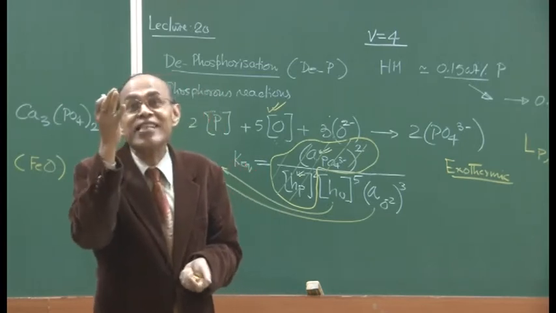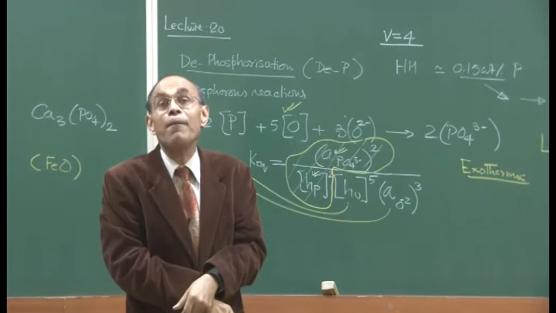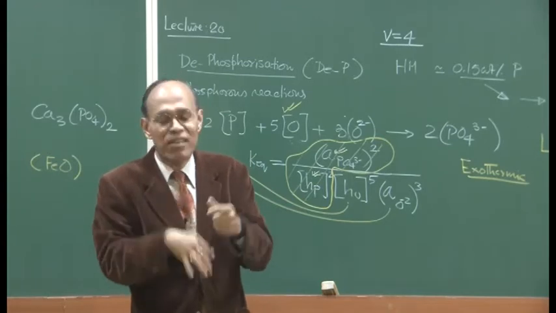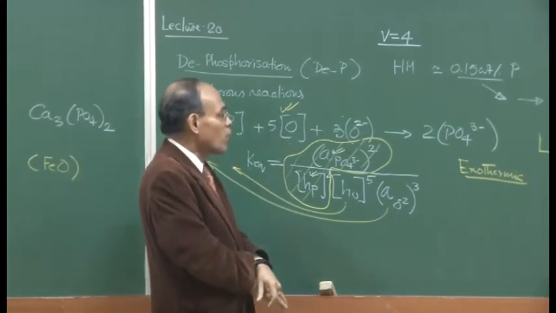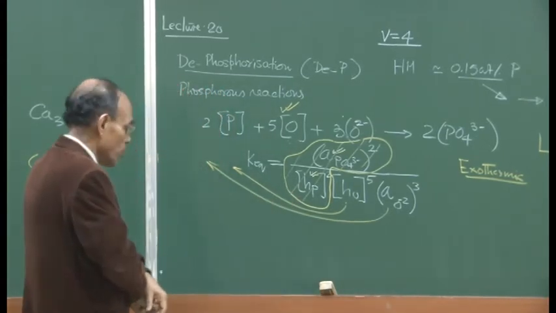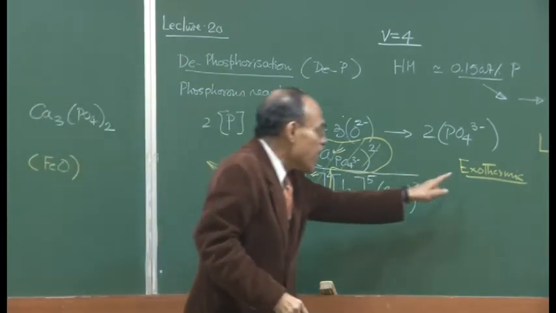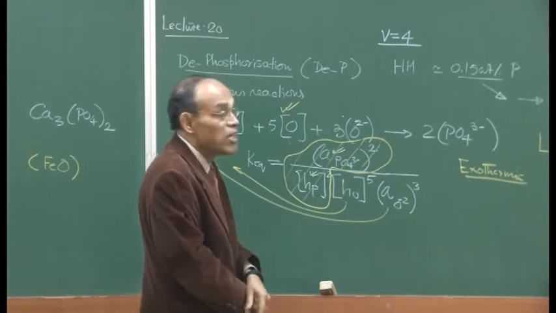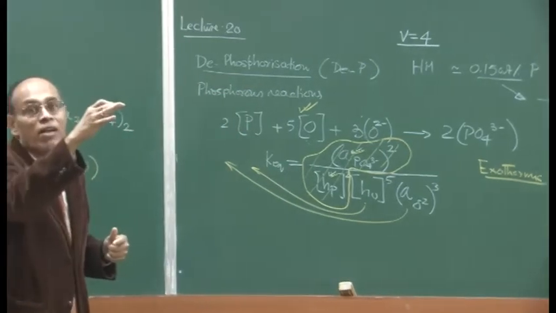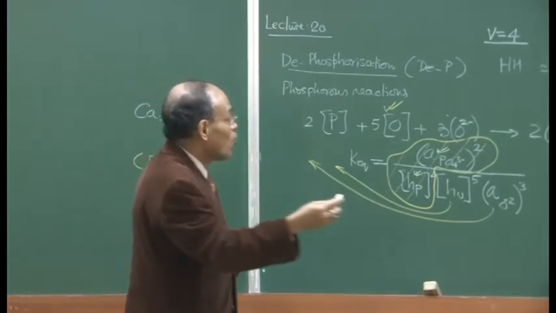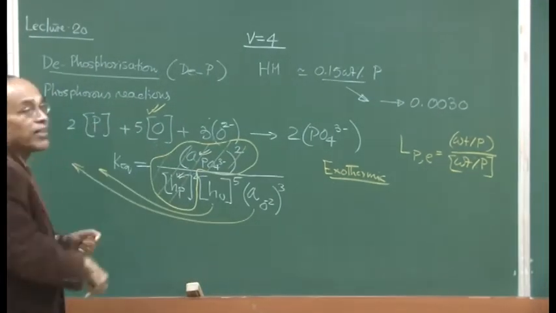And also towards this later phase, the bath temperature develops quite rapidly, because large scale oxidation of iron to iron oxide yields a huge amount of heat, and the melt temperature very rapidly increases. And because this reaction is exothermic in nature, the higher temperature towards the later part of the blow can cause the phosphate ions to dissociate and these reactions to go in the reverse direction,